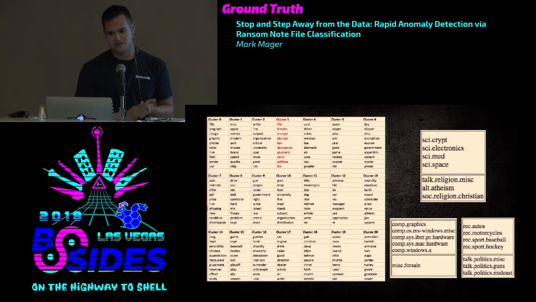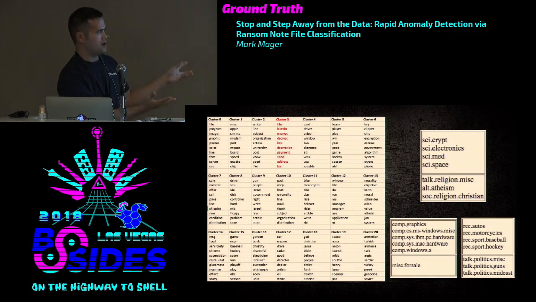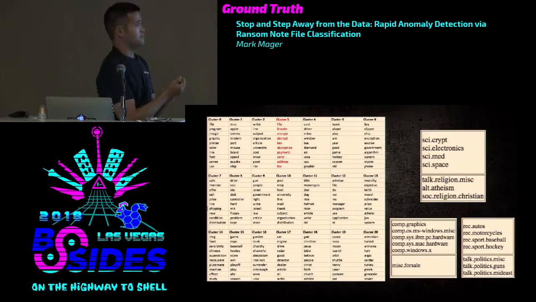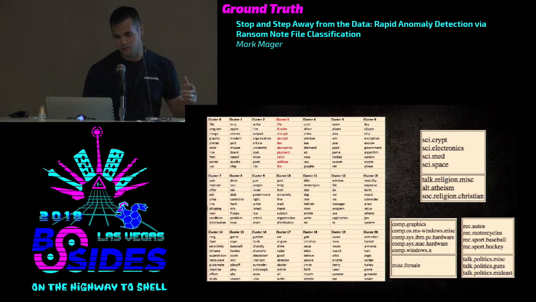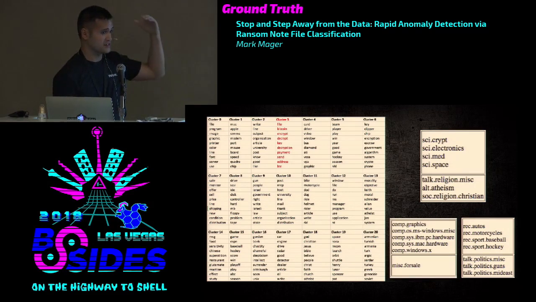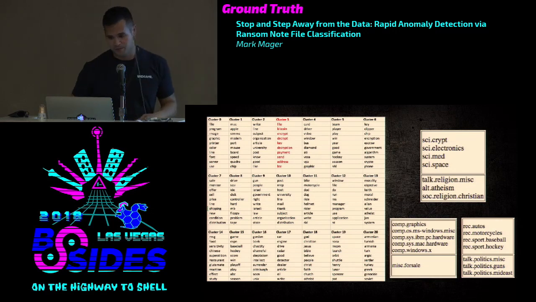And so now going back to the clustering, the way things sorted out is here's a very high overview of the top, I believe, 10 terms, the top 10 features for each cluster. And so our ransom notes all ended up very nicely put together in cluster 3. As you can see, they hit the same list of features that we'd previously seen with the top words. And just for reference, the 20 news group categories are listed over there to the right, and you can group together, if you start looking at some of the other clusters, which specific news group they might come from.